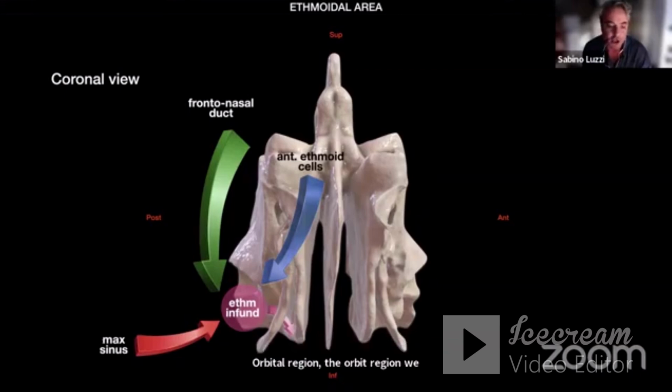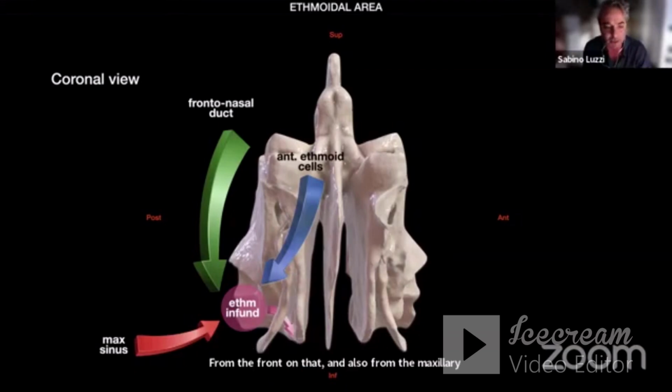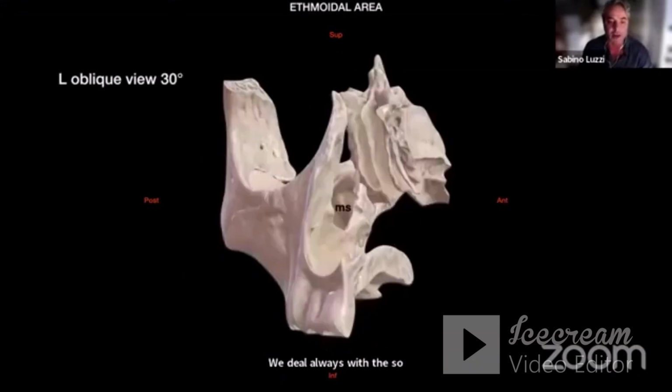This is a crossroads, a carrefour, that receives the air outflow from the anterior ethmoid cells, from the frontonasal duct, and also from the maxillary sinus. So when we move forward from the midline to the lateral part, the paramedian part of the skull base, we always deal with the so-called ethmoid infundibulum that is just inferior and medial to the lamina papyracea here,